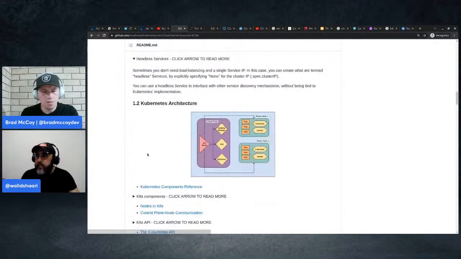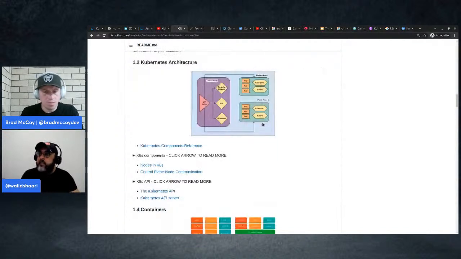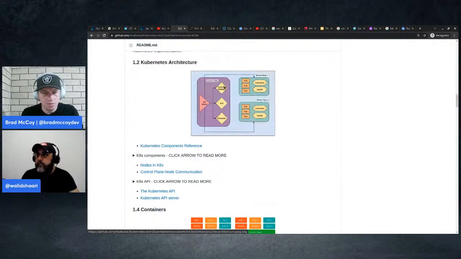Here, the Kubernetes architecture, he has the API server. I would have put it here. But okay, because the API server talks to the other control plane components, talks to the scheduler, talks to etcd, talks to the control manager. So if I ask you what is missing here, it is usually the cloud manager.